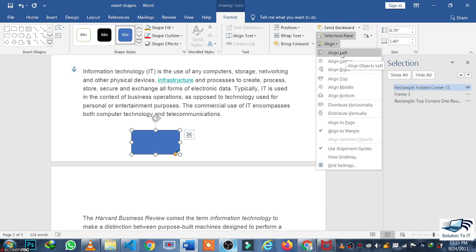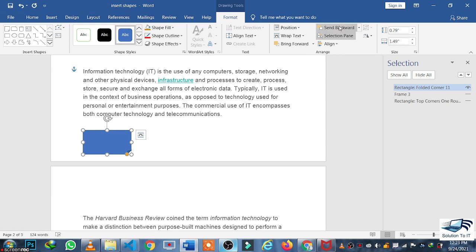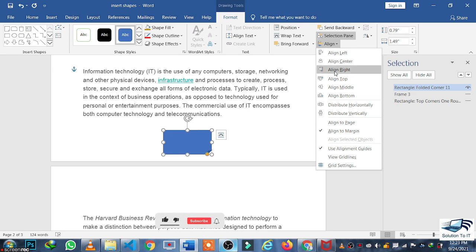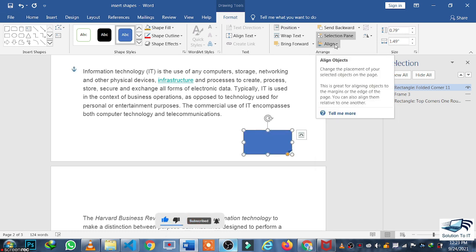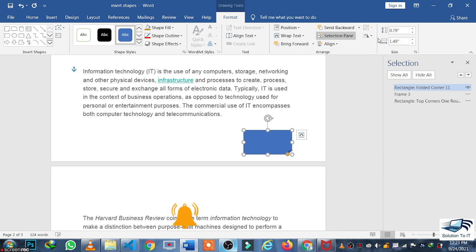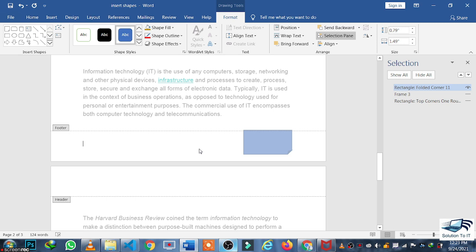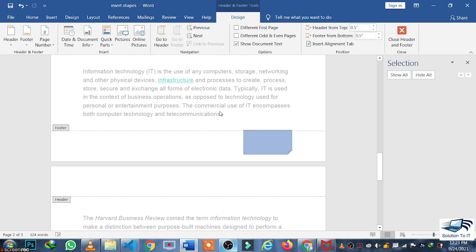There is the option of Align Left, Align Center, Align Right. So you can align your shape with this option. So as you can see, those were the different options.